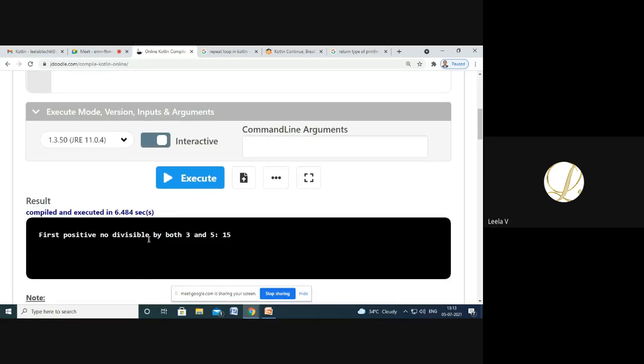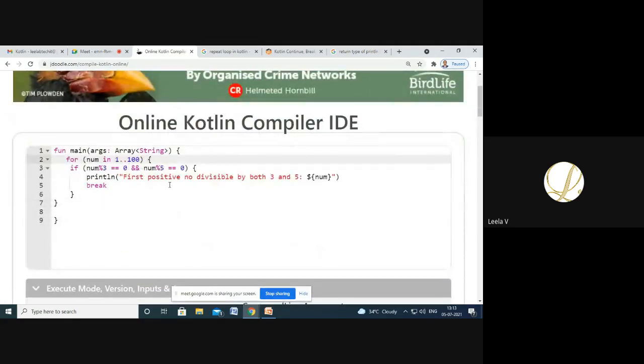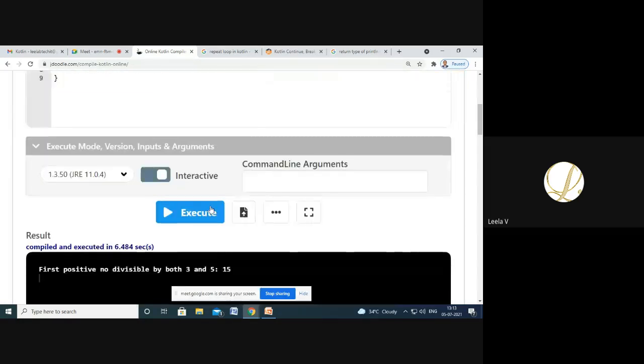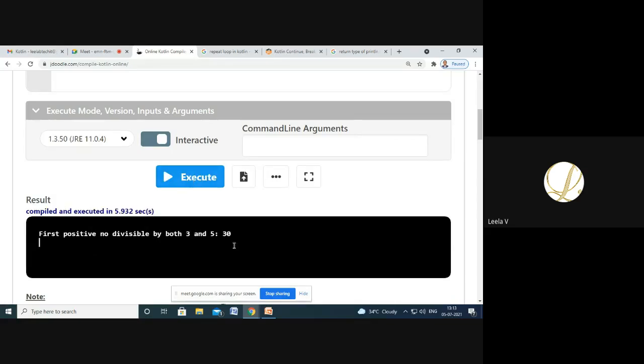So it shows you the first positive number divisible by both 3 and 5 is 15. And if we change the value, based on your range, your output value will be given.